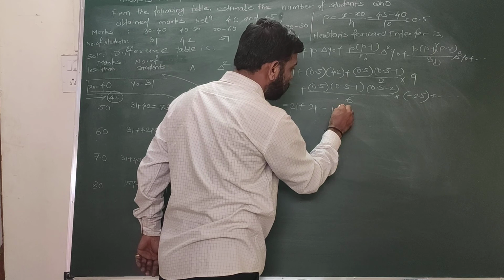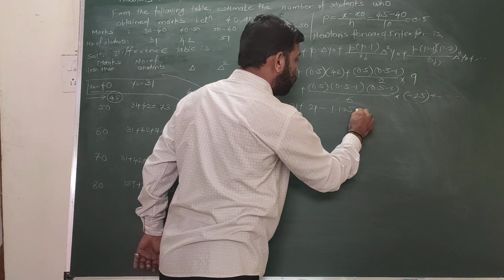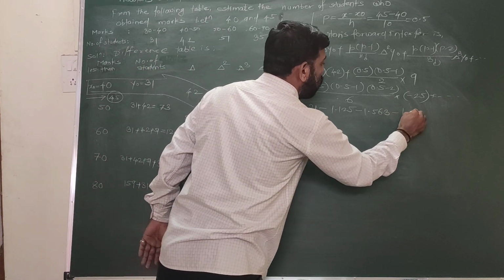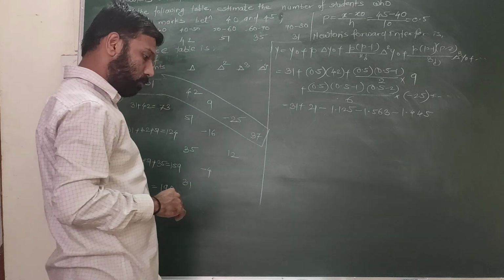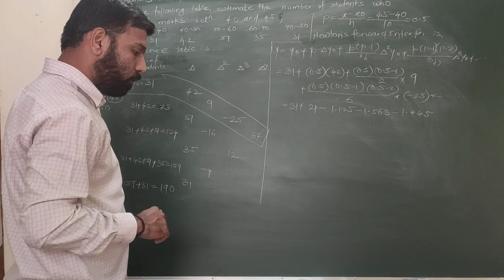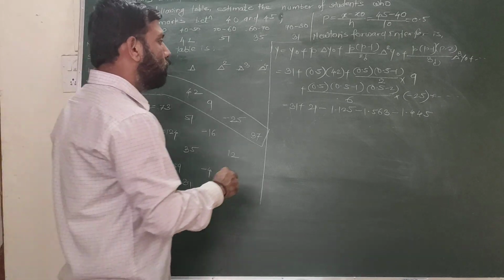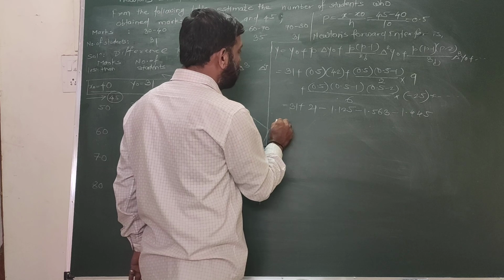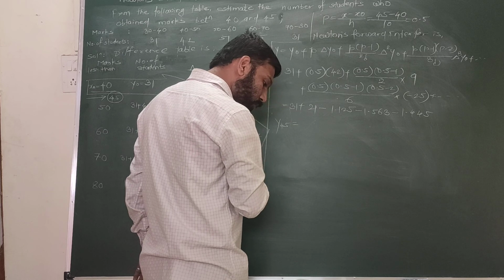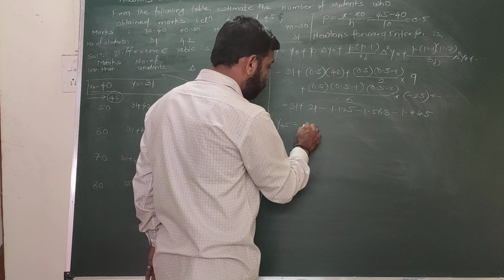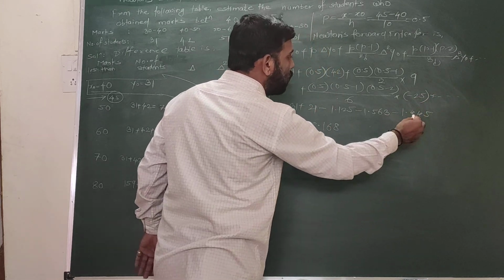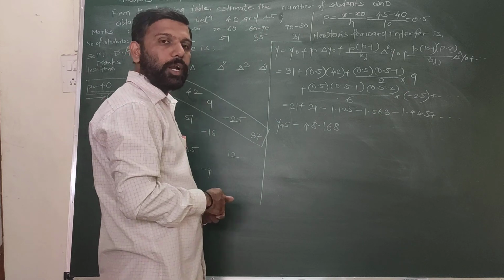21 minus 1.445. I have taken 5 terms actually. The fifth term I have also calculated and mentioned that value. So y at 45, we find that value, it is 48.168. You add one fifth term here and then you get this expression 1.445.